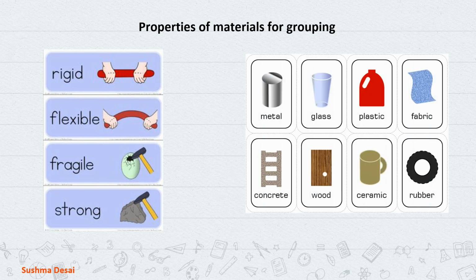It can be a metal, grouping the things based on metal. Now you have plastic spoons as well as metal spoons. You can separate them based on metal and plastic, or made of glass or plastic. So these are different properties on which you can group a material. Here, if you see a material, you can make different things from it, right? For example, paper is used to make books, newspapers, paper cups, carry bags, and so on.